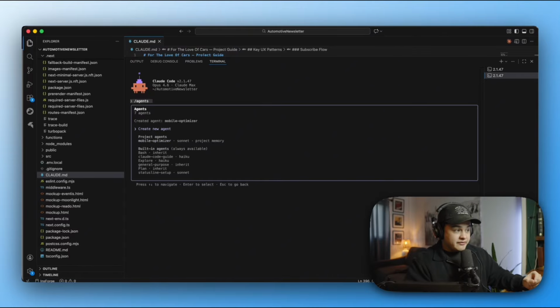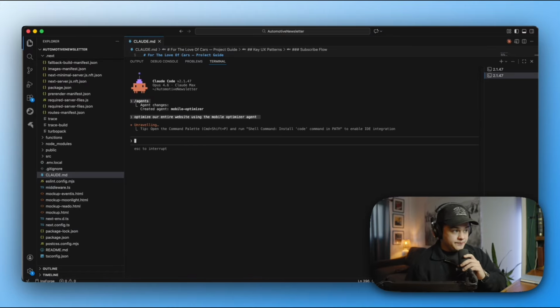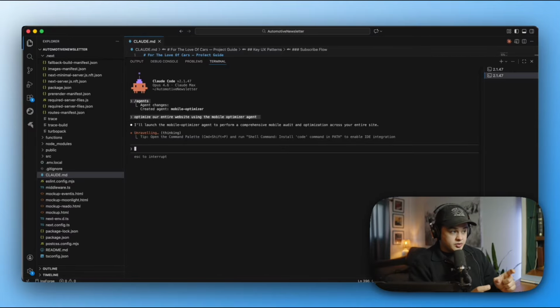So now I have this mobile optimizer in my agents list. So what I can do now is I can escape out of this and I can say, optimize our entire website using the mobile optimizer agent. Oh my goodness, I don't know how to spell agent. Okay, so Claude is going to call that agent and it's going to basically get to work optimizing our entire